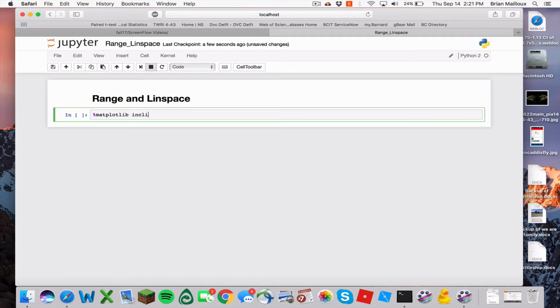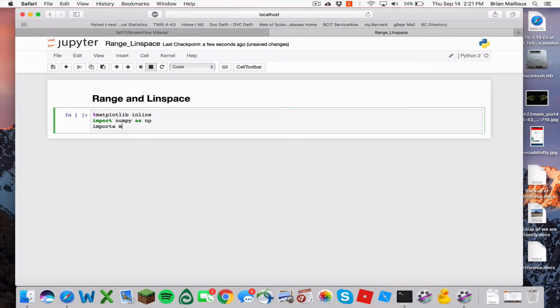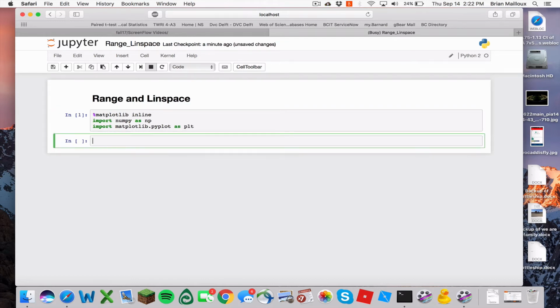Right there, we're going to put in our %matplotlib inline. Remember, keep on using that tab. It is your friend. Import numpy as np. Import matplotlib.pyplot as plt. Right, boom, we're up and running. What these are: I'm using numpy, which really does all your numbers in Python. And the first one I'm going to do